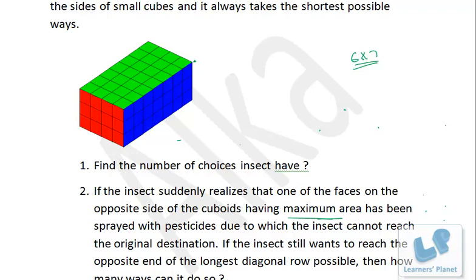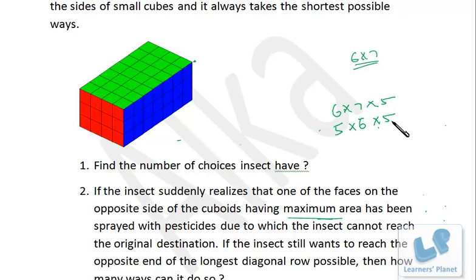And the dimension of this cuboid is 6 by 7 by 5. Now we have to reduce the dimension to find out once again the longest diagonal which is possible. So what we'll do? We'll reduce this one step, we'll reduce this one step, and this will remain same because there is no problem with height. It can be same.